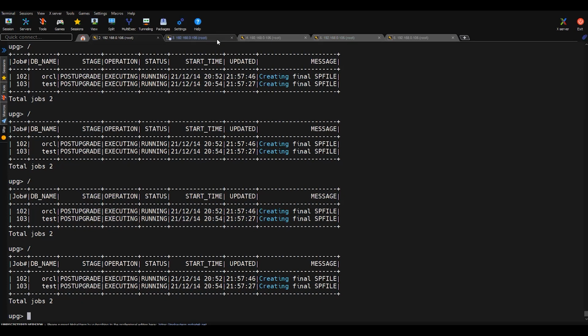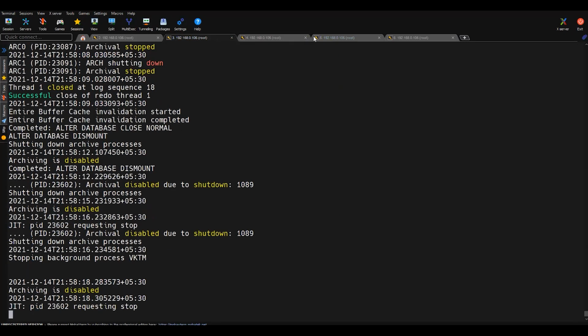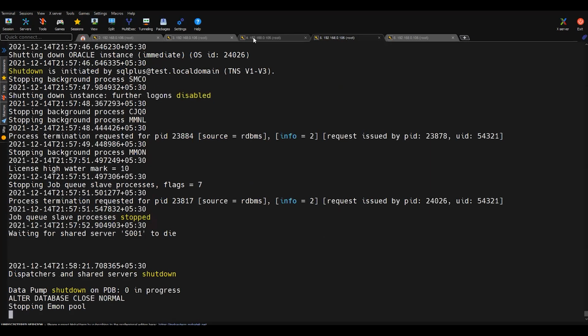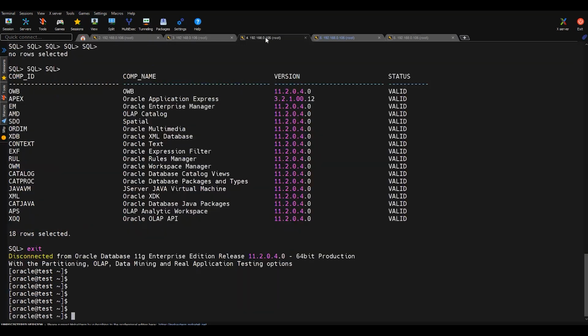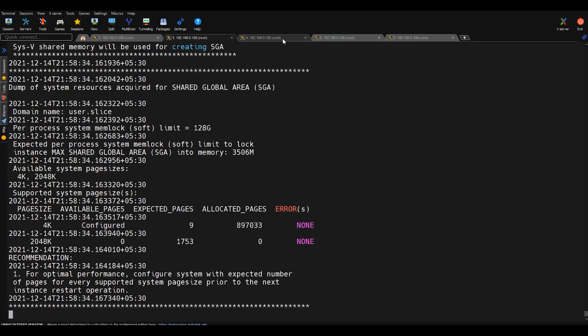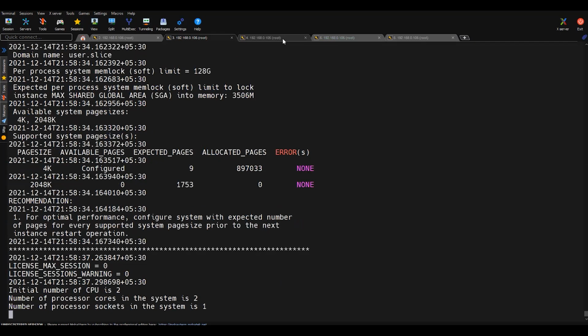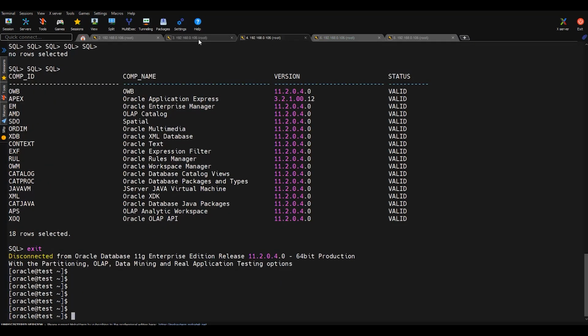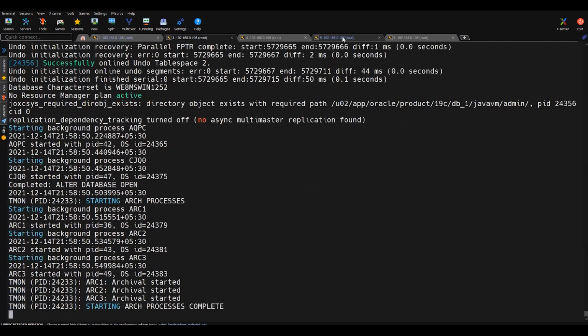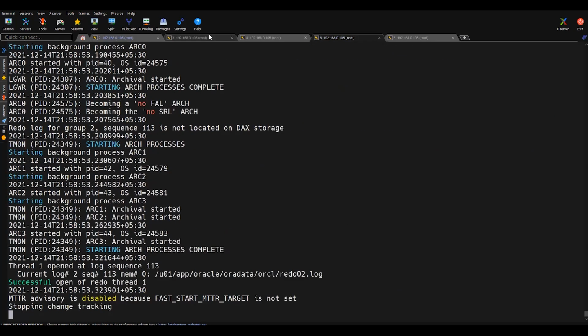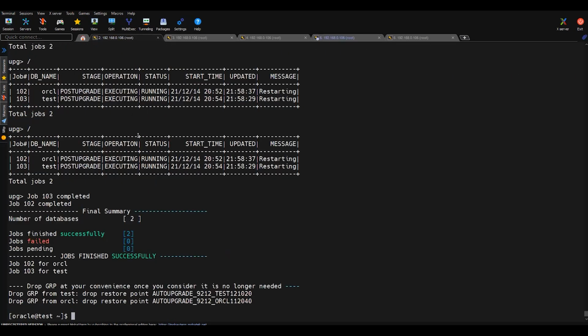Okay. So the restart is almost about to finish. Once the restart of the database finishes, I think the database upgrade summary will come up, and we'll just verify it, and then we can proceed with setting the compatible parameter. Also, we'll do the post upgrade verification, like whether all the components are upgraded, whether the components are in a valid state, or what the current state is, so we can re-verify those things also. I hope you guys have understood so far how the upgrade process goes.